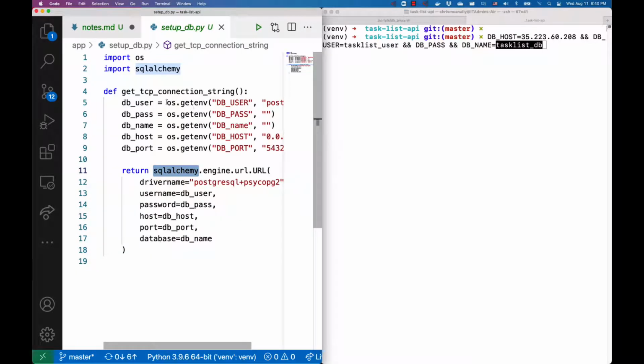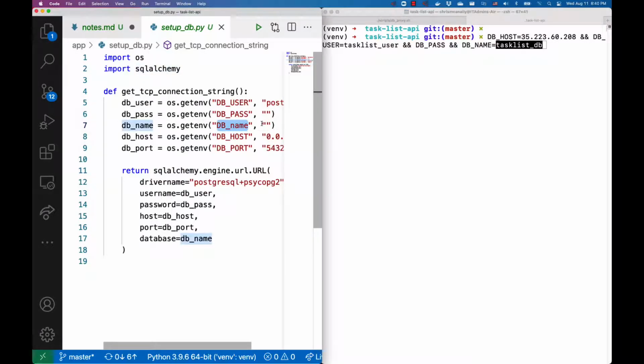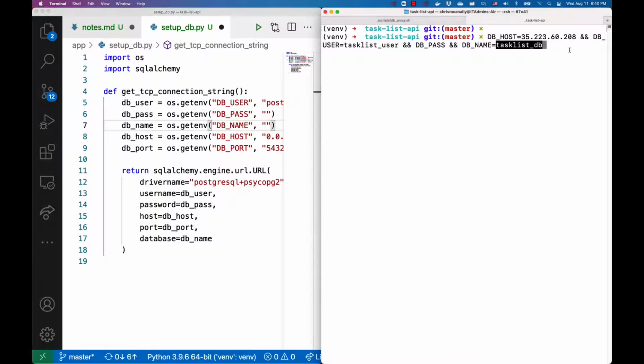So I've got my DB user, I've got the DB host, DB user, DB host, I've got the DB pass, DB name, just for consistency I'll make it capital letters, host and port. I'm still using the default, but I'll go ahead and do db underscore port equals 5432. I've got host, I've got name, so 1, 2, 3, 4, 5, 1, 2, 3, 4, 5. So I got all of them, and then I'll just do